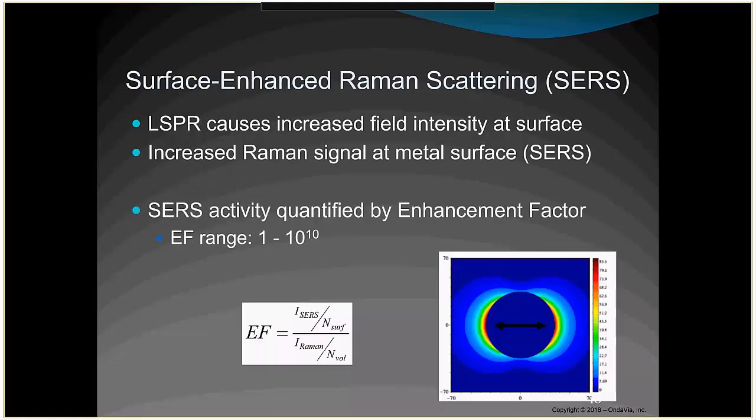And what we're really looking at here with SERS is an enhancement that occurs within 1 or 2 nanometers of the surface of that particle. And that enhancement can be up to 10 orders of magnitude enhancement to the electric field. And that leads to a very large enhancement in the Raman signal. Now the challenge is it only occurs within 1 or 2 nanometers of the surface of the particle. If you get further away, there's no enhancement, nothing happens. So you need to get an interaction between this metal nanoparticle and what you want to measure. If you get an interaction, and let's say it binds to the particle at the surface, you get a huge enhancement